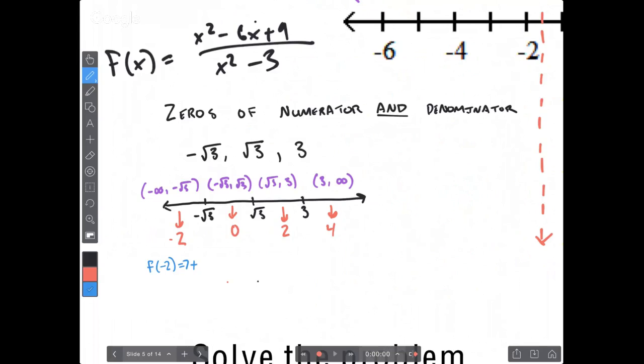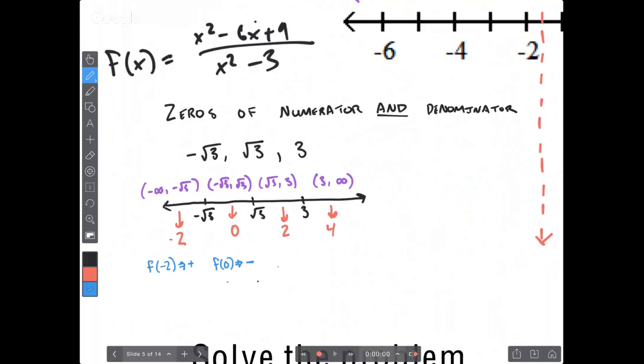Then I want to say, it's an ugly looking arrow. Positive. What happens with f of 0? Well, we had 9 over negative 3. I know my output there is negative, which makes sense because at negative root 3, we have odd multiplicity. So the function should change from positive to negative. Oh, good. Then at root 3, we got,